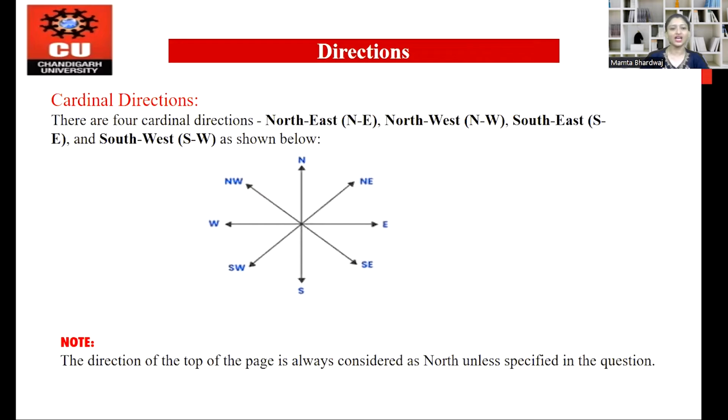So what are the cardinal directions? There are four cardinal directions: northeast, northwest, southeast, and southwest. The direction between north and east is known as northeast, and the direction between south and east is southeast. The direction between south and west is southwest, and the direction between north and west is northwest. The direction of the top of the page is always considered as north unless specified in the question. So by default, we have to assume the top as the north direction